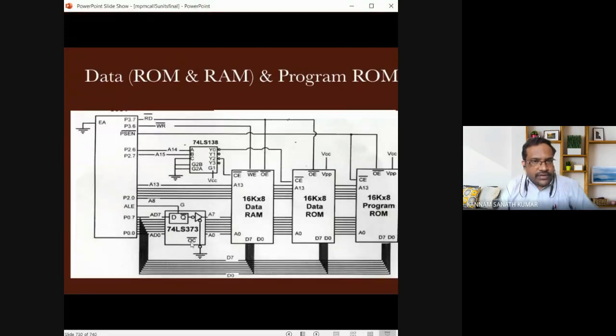This 74LS373 latch is separating the address and data. We are interfacing a 16K cross 8 data RAM and a 16K cross 8 program ROM.